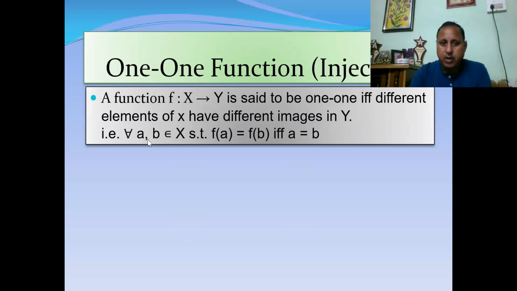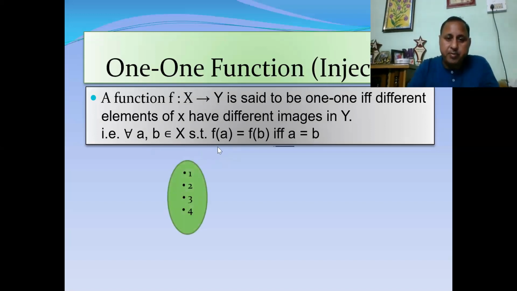That is, if you take any two elements from set X, that is from the domain of the function, such that f of a equal to f of b, and this implies a equal to b, it means that function is called one-one function. So what I mean is, if you take two elements and suppose that their images are equal, then it should be clear that the images are equal only when a equals b. And you can also state its contrapositive: if you take two elements such that a not equal to b, prove that f of a not equal to f of b, that is the contrapositive.